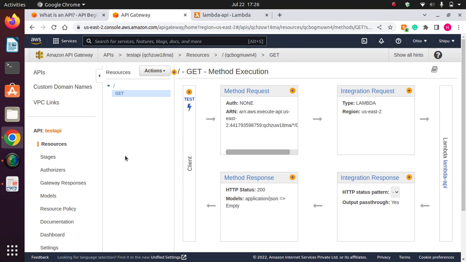Okay, so I hope that you understand how to create the API. Okay, now